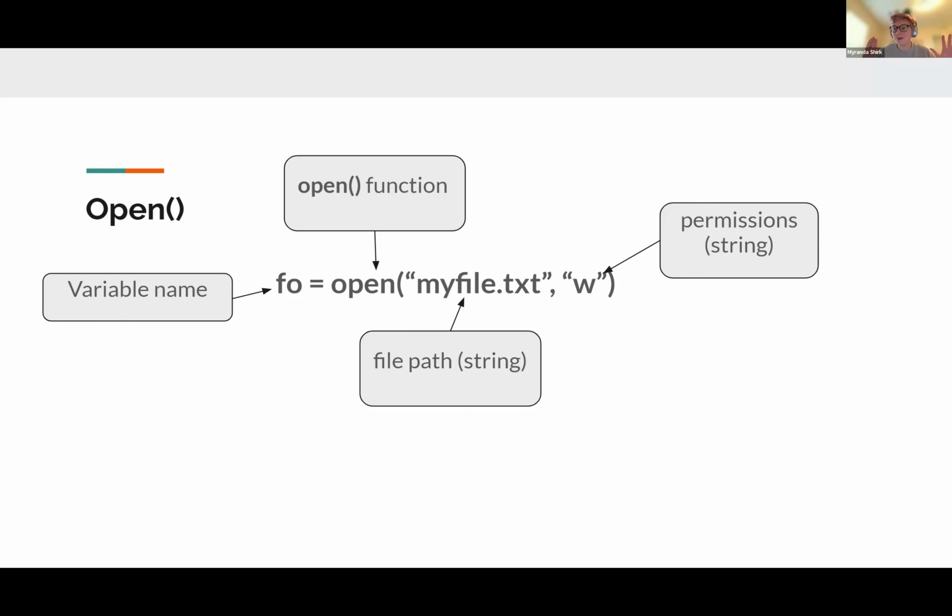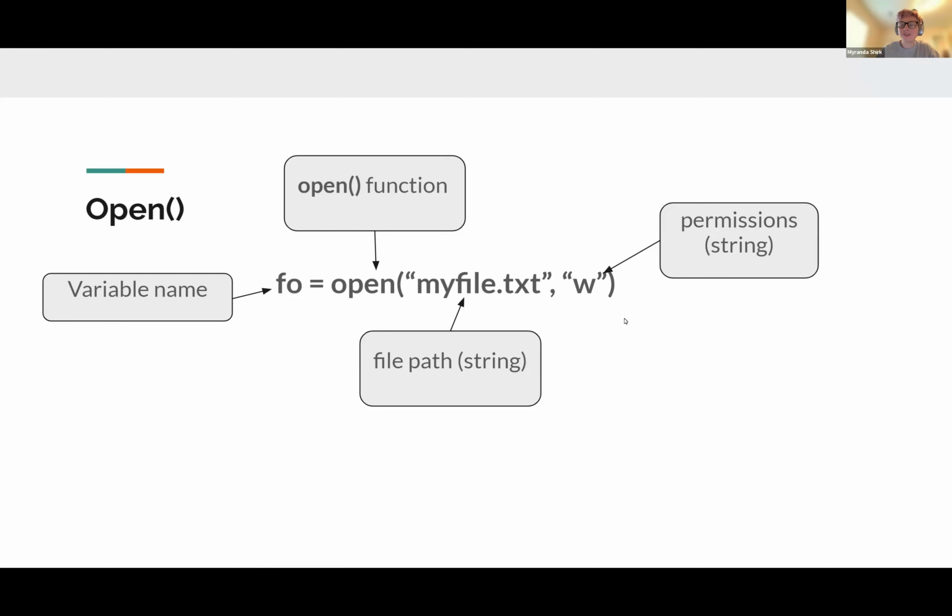And as we found through Miranda's trial and error last time, with W you can't read, but you can write. If you would like to read and write, you need the R and then a plus sign inside quotes. I'll show you that in a bit. David, do you have another question? Okay, maybe not. Always got to check.